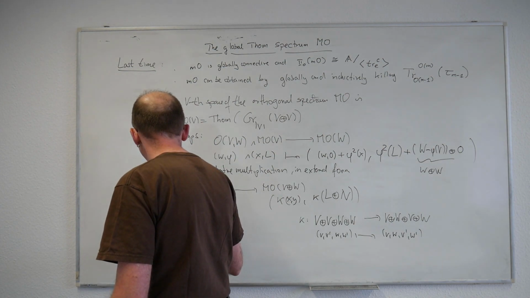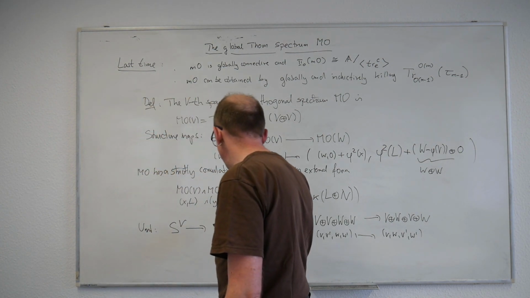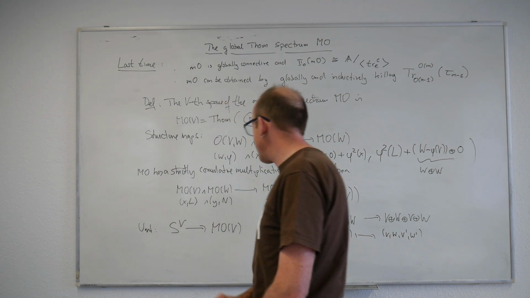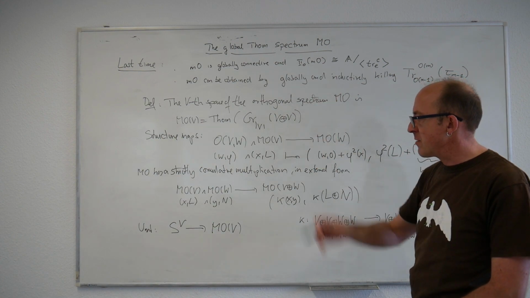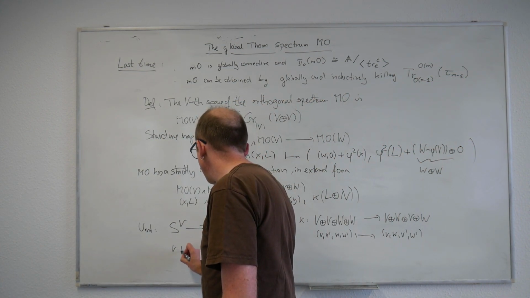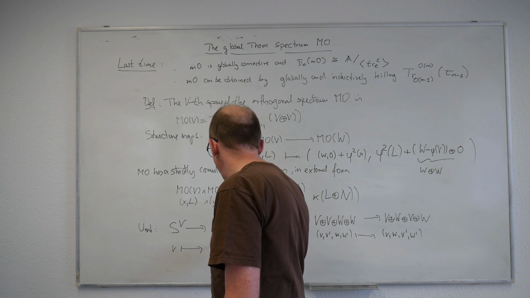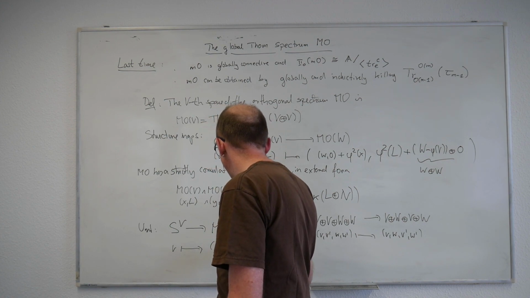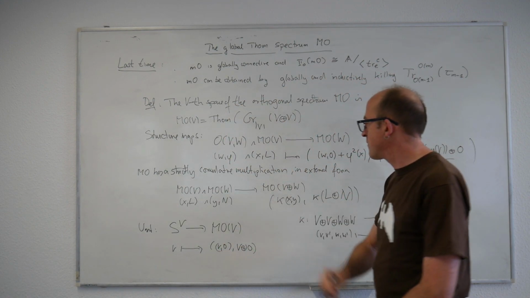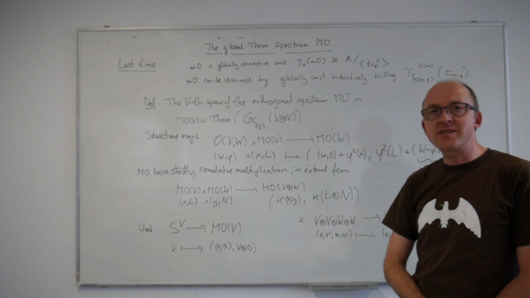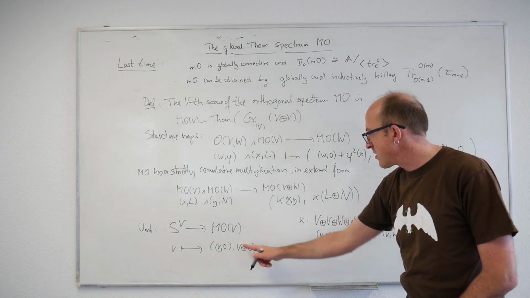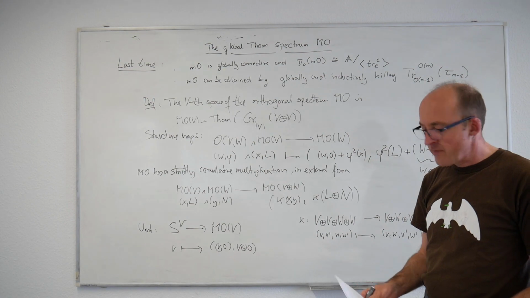The unit map has to be a based continuous O(V)-equivariant map from S^V to M(V) for every inner product space V, and then there has to be a bunch of coherence conditions, and we're sending this to the vector V comma 0 in V plus 0. As I said, the two copies of V are not symmetric. One of them is singled out. The first one sort of carries the suspension coordinates,